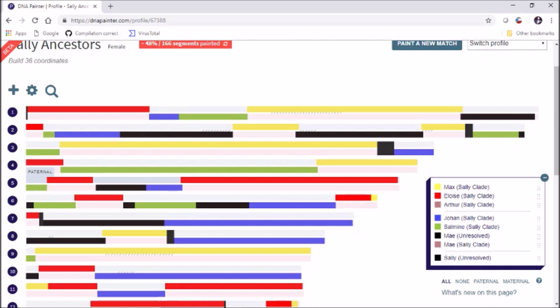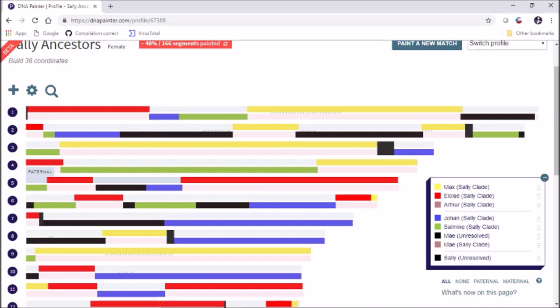And based on that, since we have a lot of Max and Eloise from other branches of the family who tested, a lot more parts of Max and Eloise than what's shown in this diagram that only Sally inherited, we're going to use that gap. We're going to use that data from Max and Eloise to fill this gap, and we're going to do it using a statistical model based on the definition of the centimorgan and based on the boundary conditions of each gap